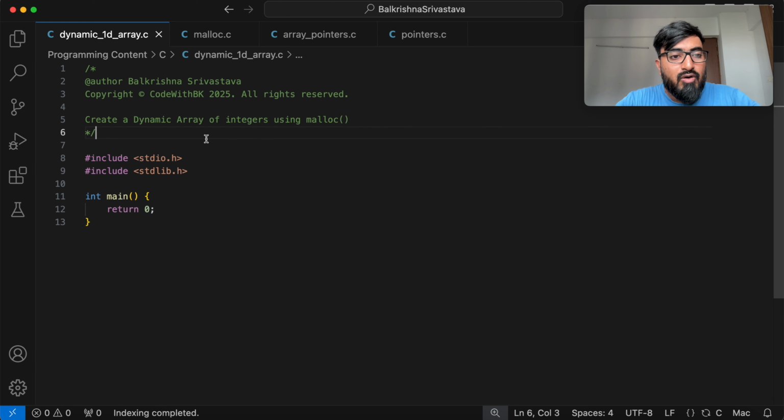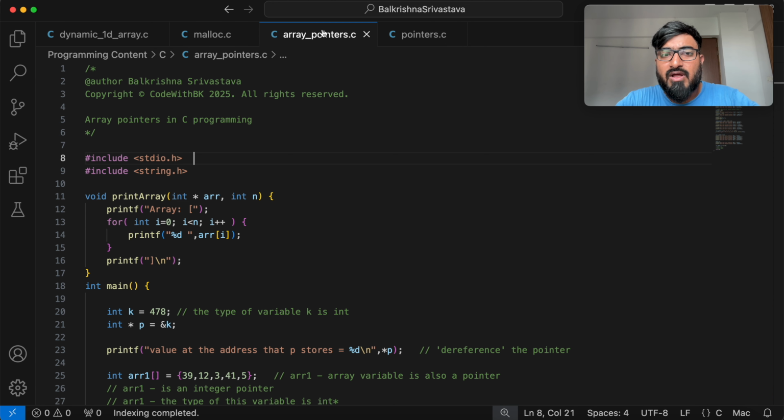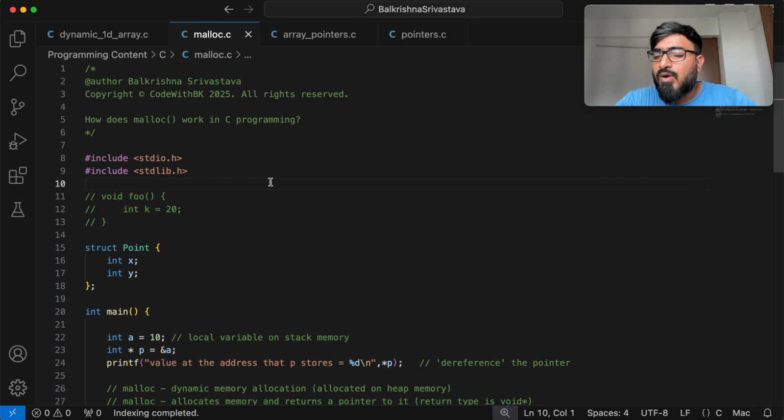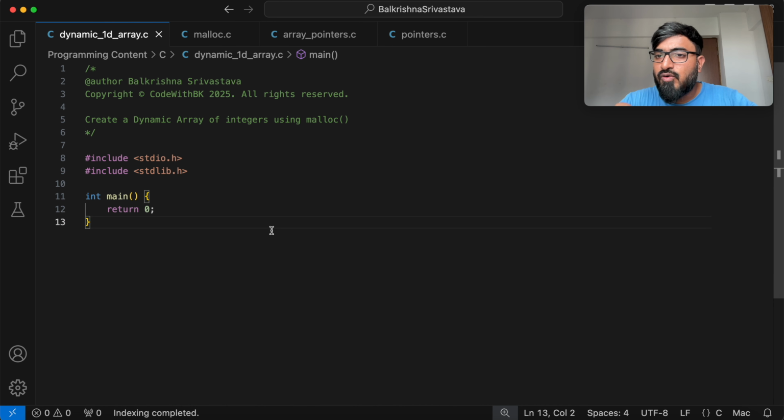Okay. So in this series, we started with pointers. We understood what pointers are, what array pointers are, how array pointers actually work, how memory is allocated behind the scenes, and how an array pointer points to the first location of the allocated memory so that we can access the remaining locations as well. Then we saw how malloc works. Malloc is used for memory allocation during runtime of the program. And in this case, we see how to create a dynamic array of integers, basically create an array of